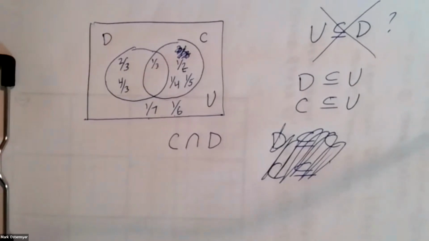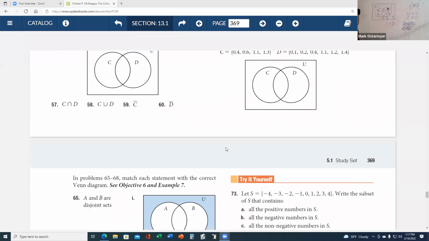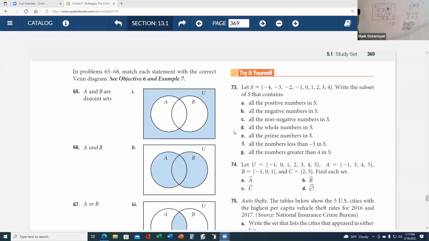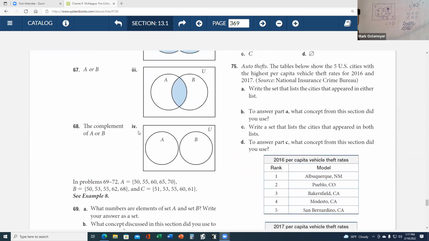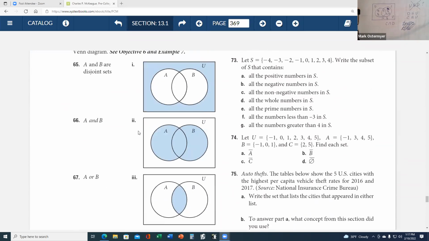Any questions about how we're working with these Venn diagrams so far? Okay. Now, here they want you to match each statement with the correct Venn diagram. So, ladies and gentlemen, they're giving us some Venn diagrams here, and they want us to match them with the correct statement. All right. So how are we going to do that? Well,